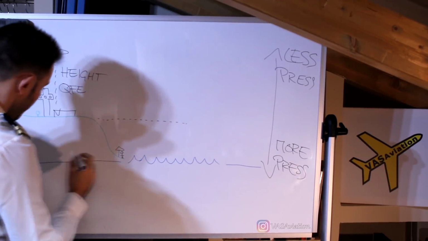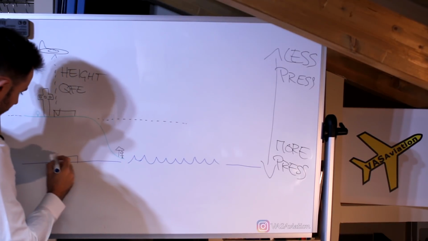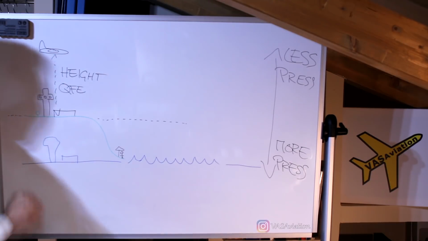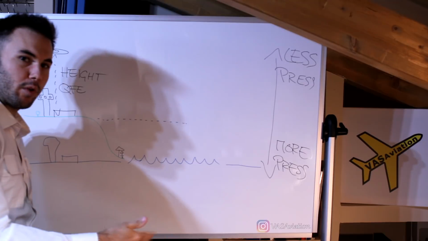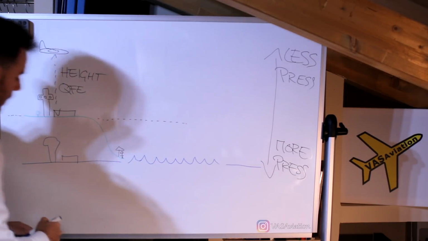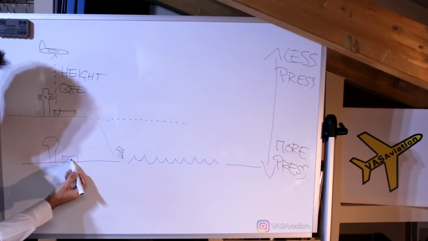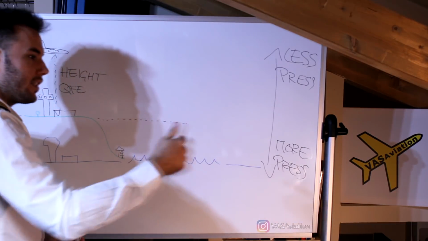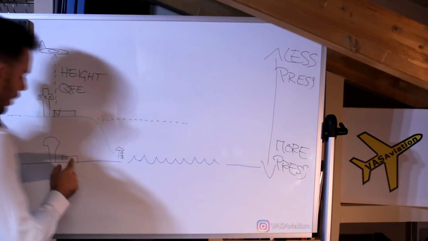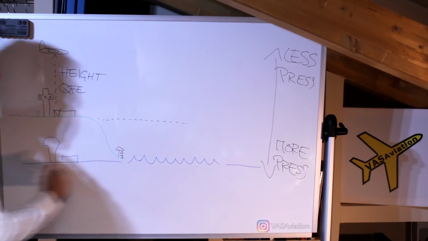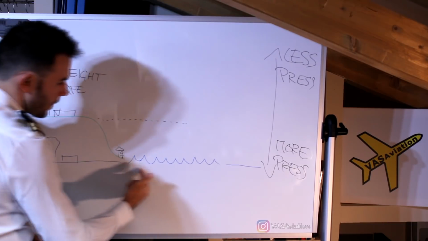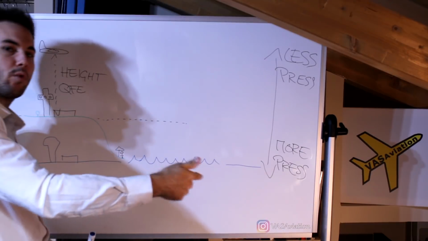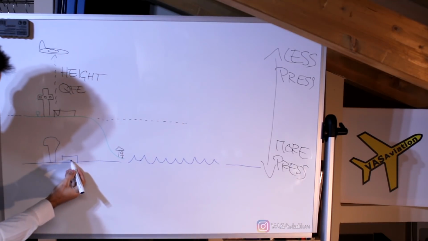Now if we have an airport, imagine we have an airport here now. This is our airport at mean sea level, any airport near the shoreline. If we are sitting here and we set QNH on our altimeter, now the altimeter reads the difference between our aircraft and the QNH datum. And the datum is here. So at mean sea level, the altimeter will read 0 here.